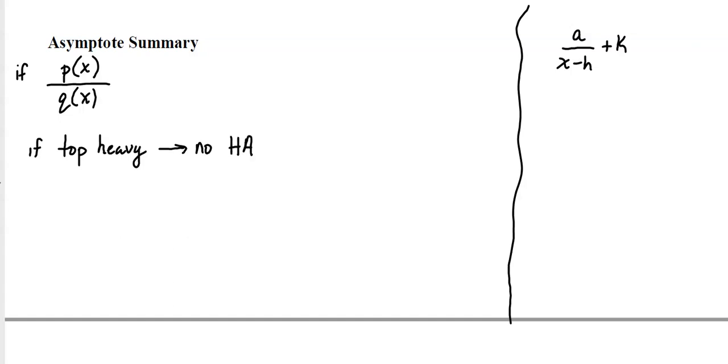And what I mean by top heavy is, in both of the equations above, when you look at the biggest term, we had an x squared on top, and then the biggest term on bottom was an x. So the top was top heavy. It had more x's. So that last example looked like this. When I'm talking about the top heavy part, I'm meaning that the lead exponent on top is bigger than the lead exponent, which would be a 1, down here on the bottom. So I'm calling that top heavy. When the top is bigger than the bottom, there's no horizontal asymptote. All right? Now, if you are bottom heavy,